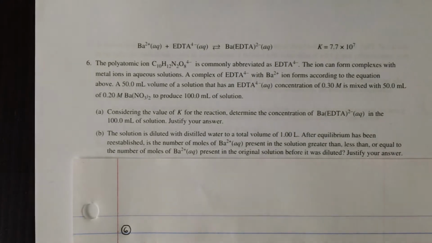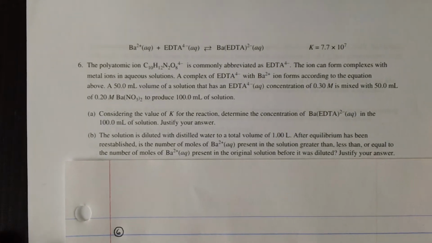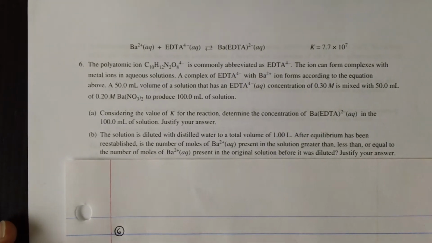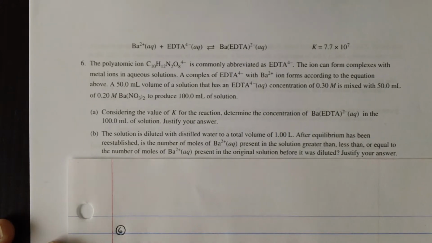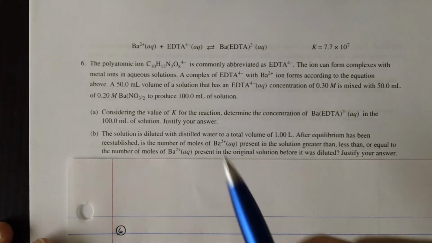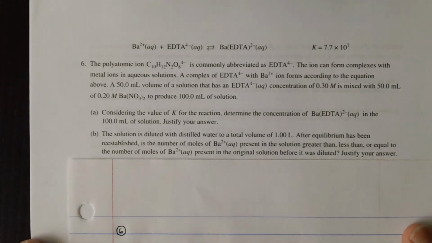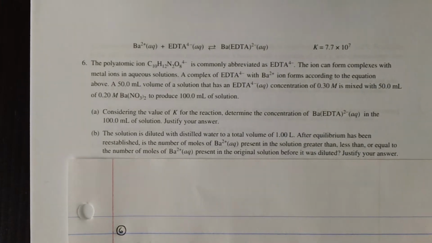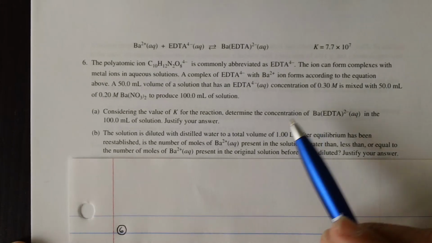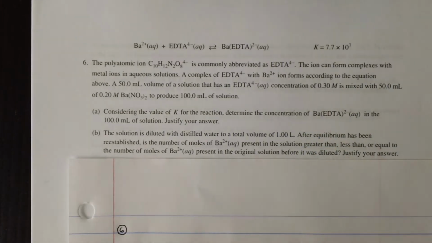This is number 6 on the 2016 exam. This is a little 7-minute 4-pointer towards the end of the exam. I think part B especially is a tough little question. They give us some weird compounds to start. They give us this K value, and we're not exactly sure why that's sitting there. Part A is not terribly difficult. B takes a huge understanding of